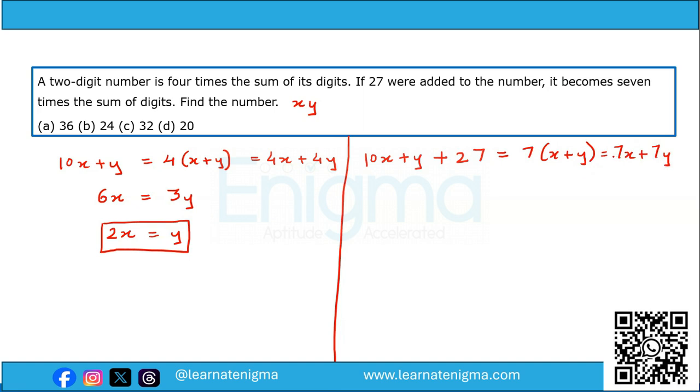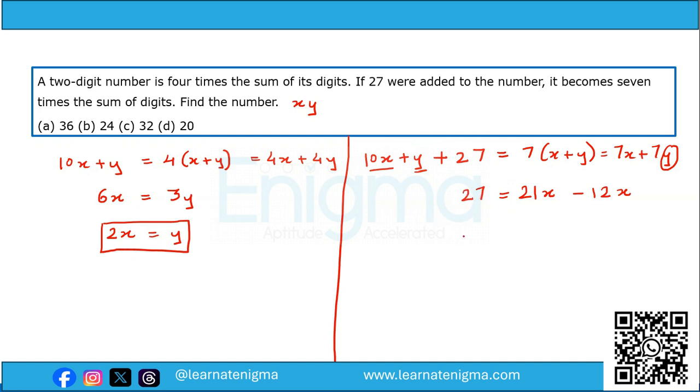Now, if we substitute y as 2x, so we have here y is equal to 2x. So therefore, this becomes 7x plus 14x, that is 21x on the right hand side. Now 10x plus this y, which is also 2x, that becomes 12x. So if we bring it on the right hand side and keep 27 over here,